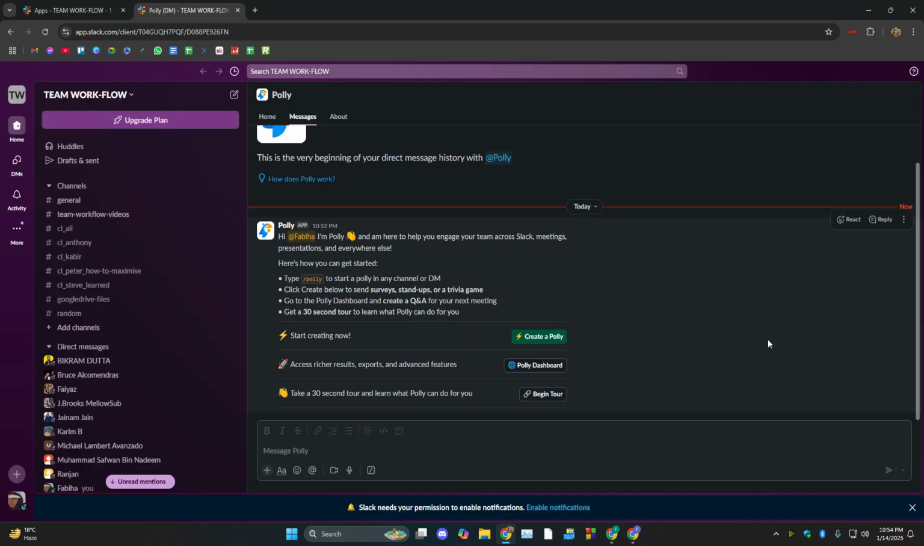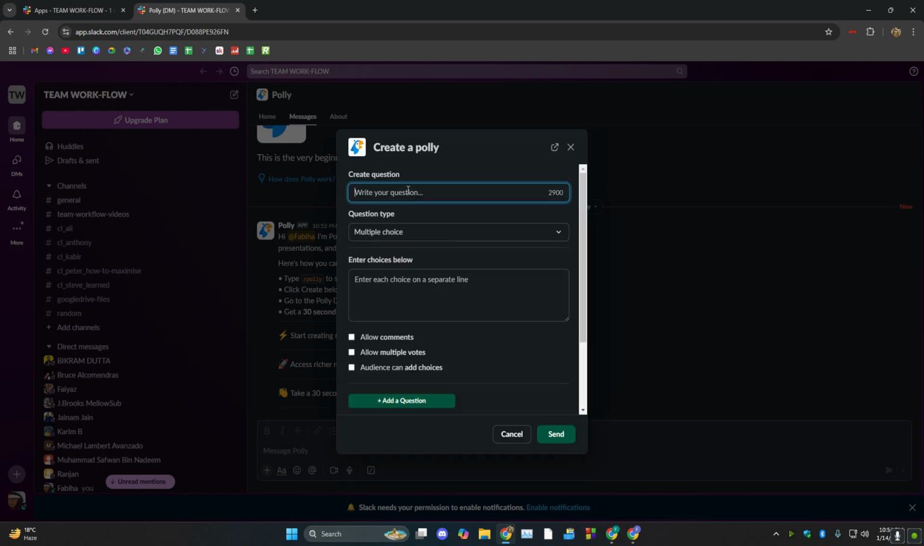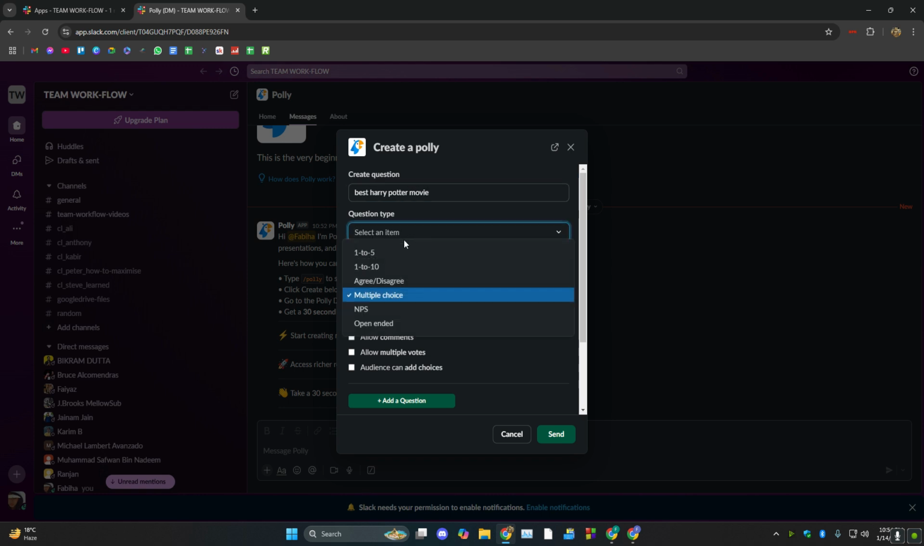As you can see, once it has loaded up, what you need to do is click on create a poll right over here, and then click on create new, and then let's say that your poll is best Harry Potter movie, and it's going to be a multiple choice. And then let's say that our first option is Chamber of Secrets. Next option is Goblet of Fire. Next option is Deathly